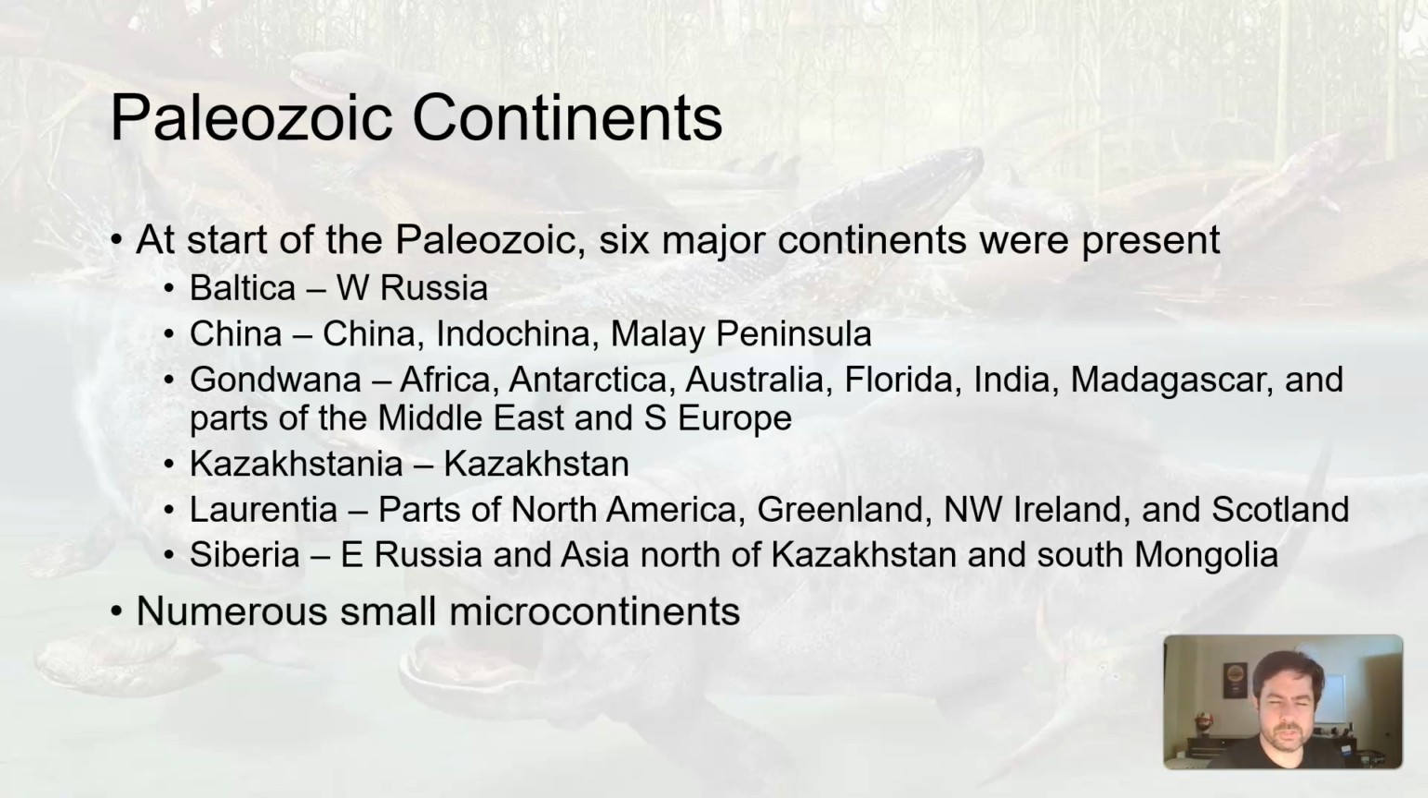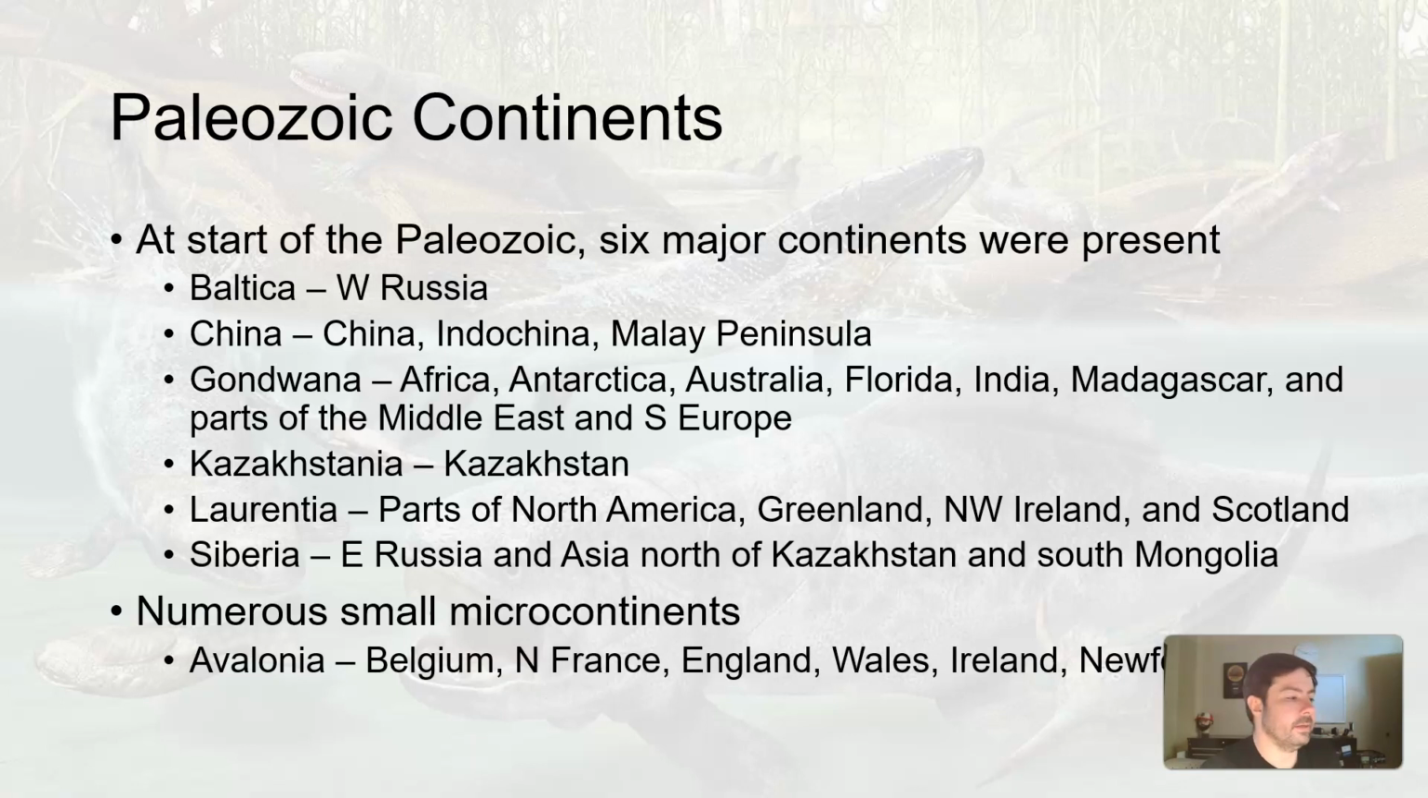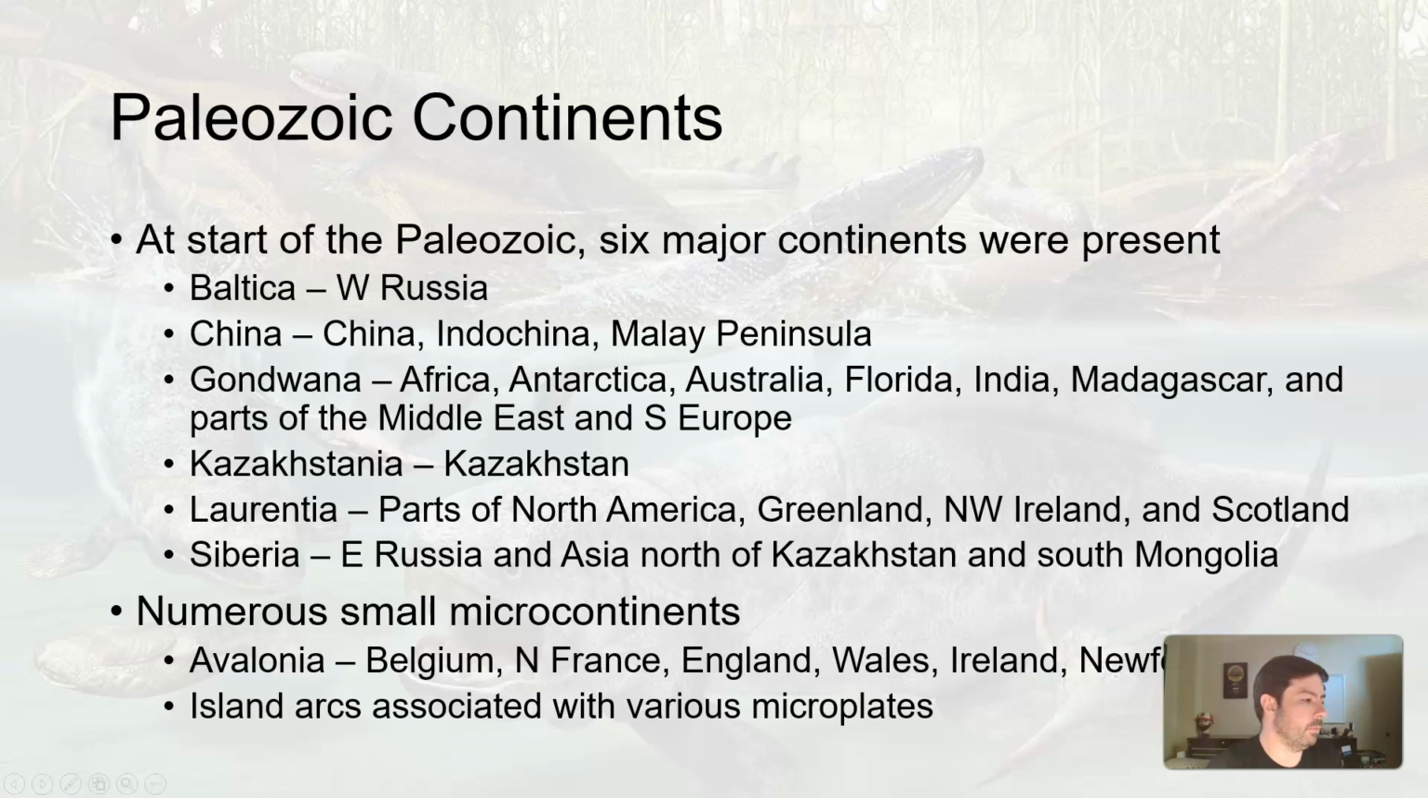There were also numerous small microcontinents floating around there. Again, there were just 6 bigger ones, but there was smaller stuff floating around there. Avalonia, which gets you a lot of European countries, as well as Newfoundland, which is in Canada, go figure. And then a number of island arcs associated with various microplates and tectonic activity. So let's take a look at some of these